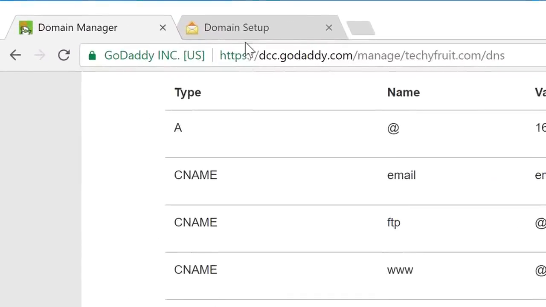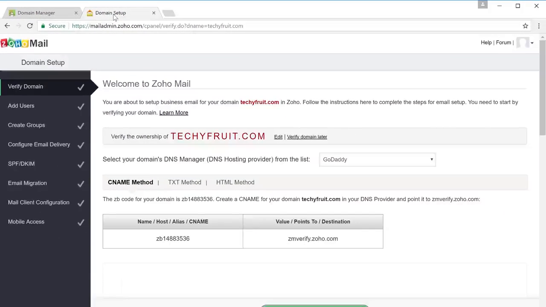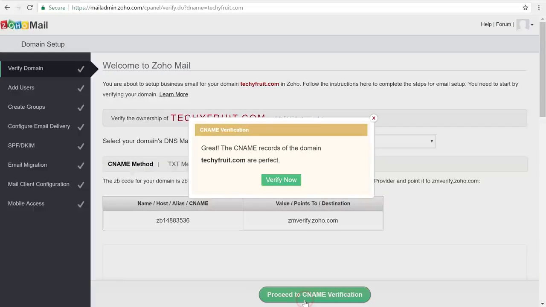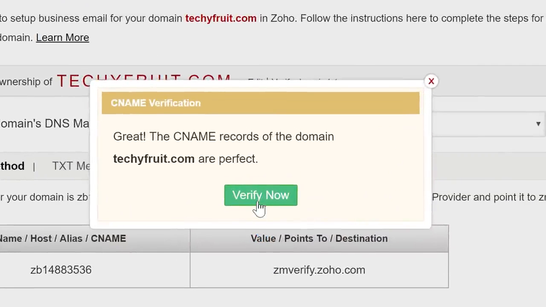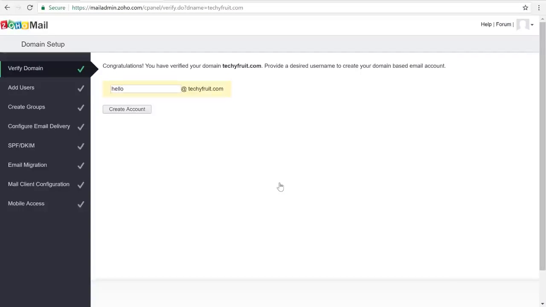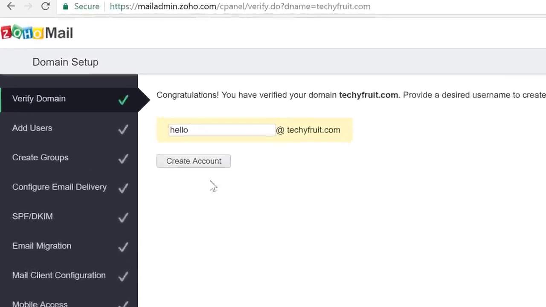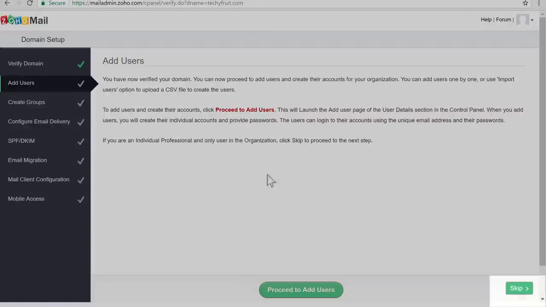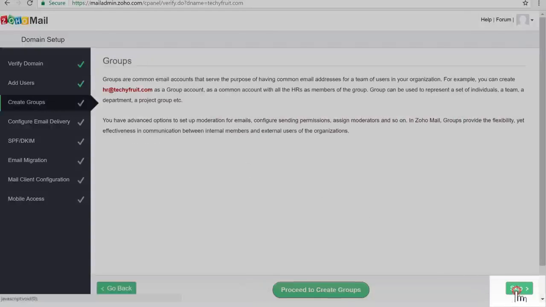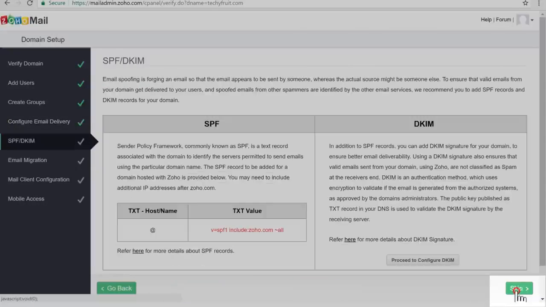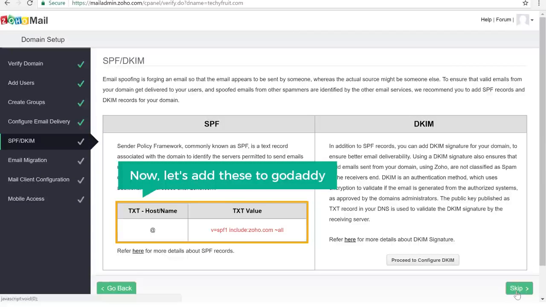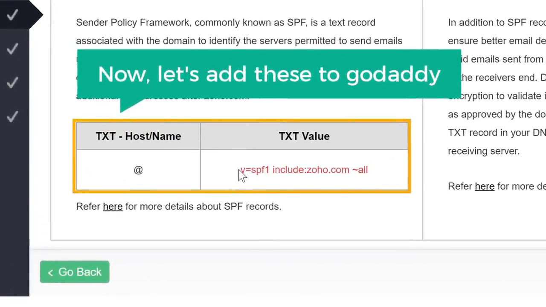Now let's go back to Zoho and then click Proceed and verify. Now click Create Account and then let's skip these steps until we reach this page. Now we need to add this entry again into Godaddy. So let's copy this value here